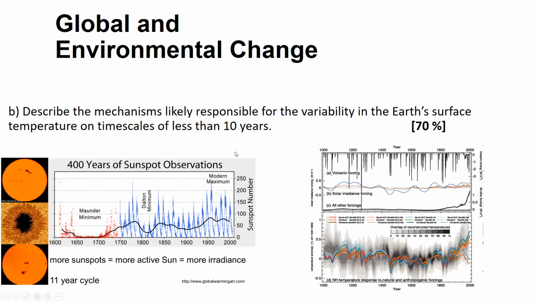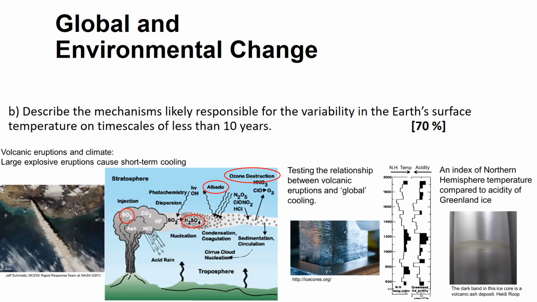So although the question is asking for likely mechanisms, because this is quite a large question, you can also use your time to give counter examples as part of your answer: mechanisms which should cause a change, but in this case don't. Other things that we covered in the lecture course that might cause some short-term climate variability are things like